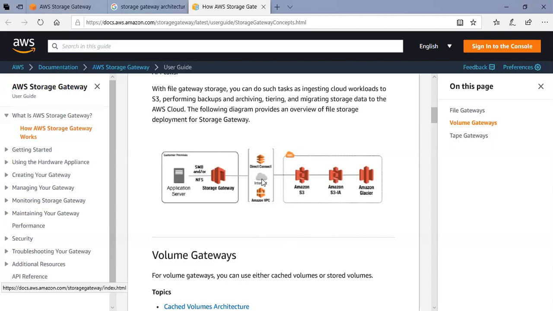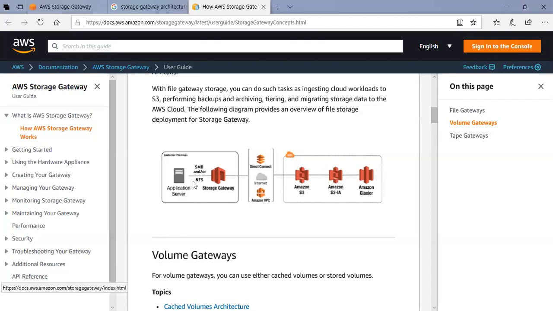So look at internet. From the gateway, what happens? You don't go to the public internet and come over here. The gateway has a sort of credentials pertaining to S3, S3 infrequent access and Amazon Glacier. The backend is this component. Imagine an application server which writes a log. You are a tester, right? You are trying to generate a huge amount of test logs for one of your web server. That has to be captured somewhere, and if you put it on a local C drive, that gets full sometimes. Then you'll have to clear and delete everything.